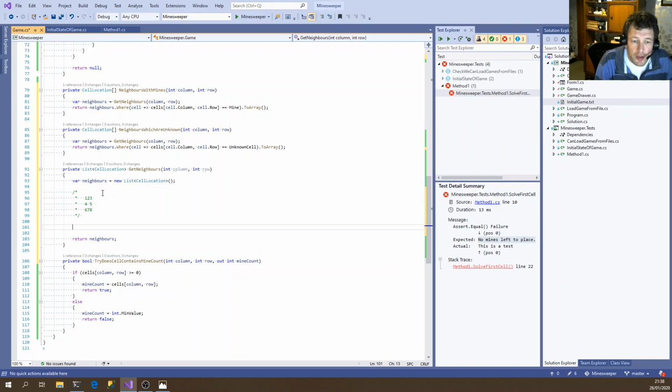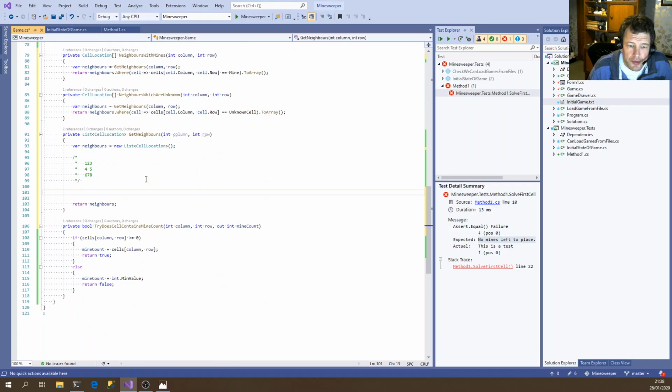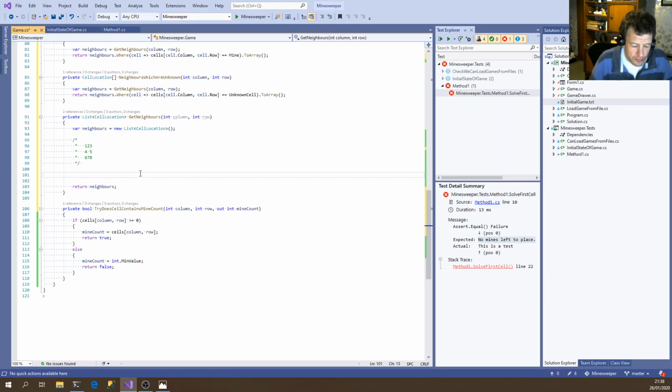Okay, so 0, 0 is the top left. So I'm going to say if column is greater than 0 and row is greater than 0,